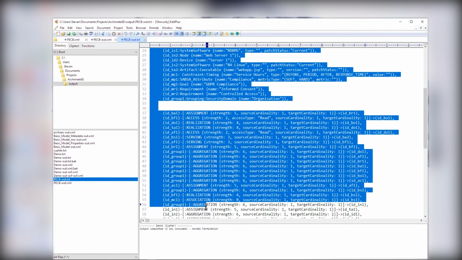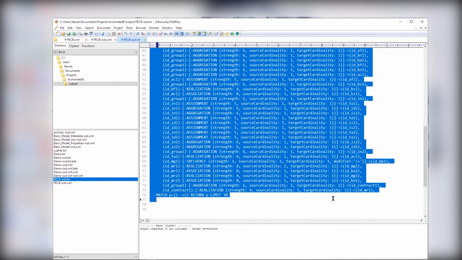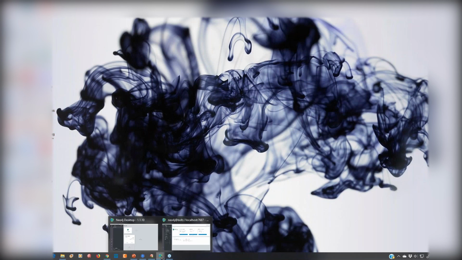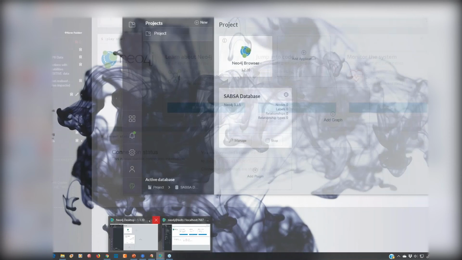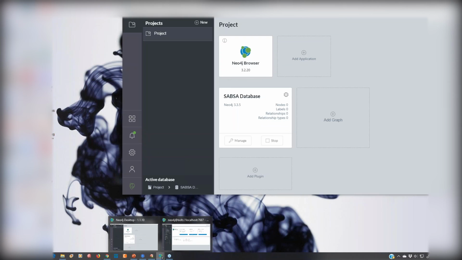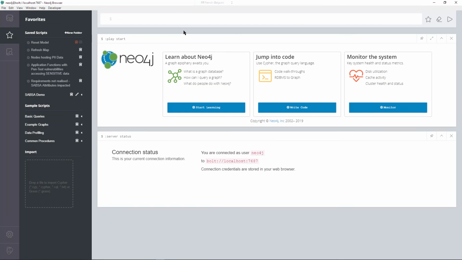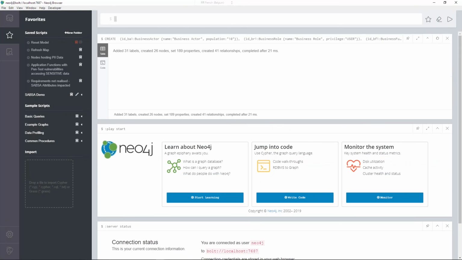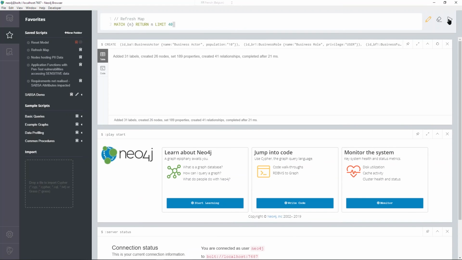So, for example, I can take that entire model, copy it, bring up a simple graph browser, paste that in there, run it, and then refresh our map and run that.